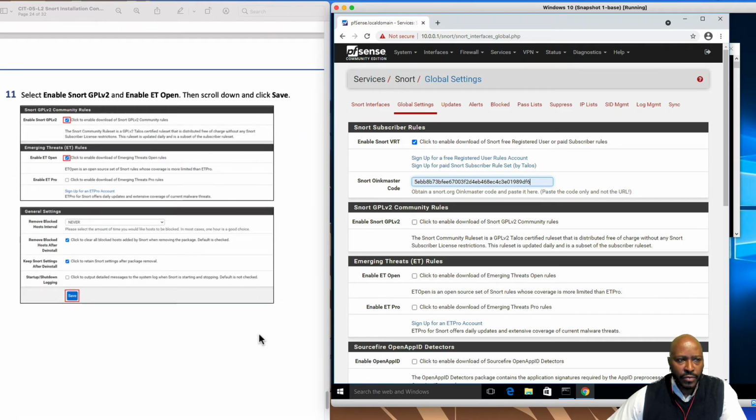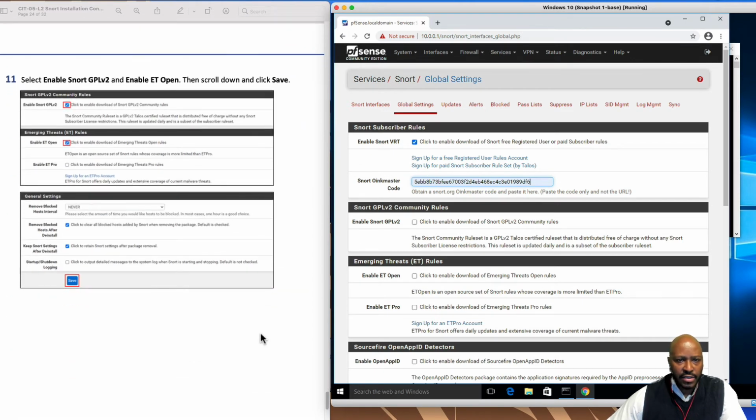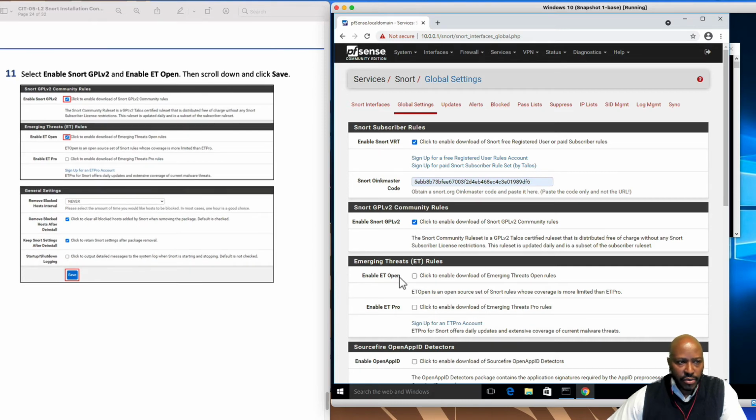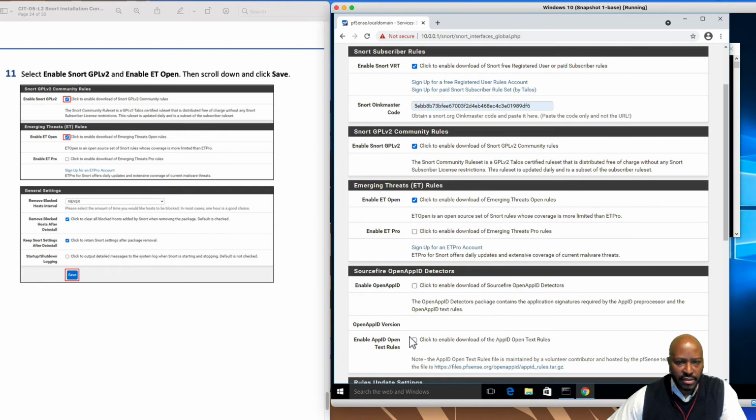Page 23. I go down into the Snort ET. So we're going to click to enable download of Snort GPL-v2 community rules. I make sure that's selected. I'm going to enable the ET open, the emerging threats rules section. And I'm also going to go down into general settings